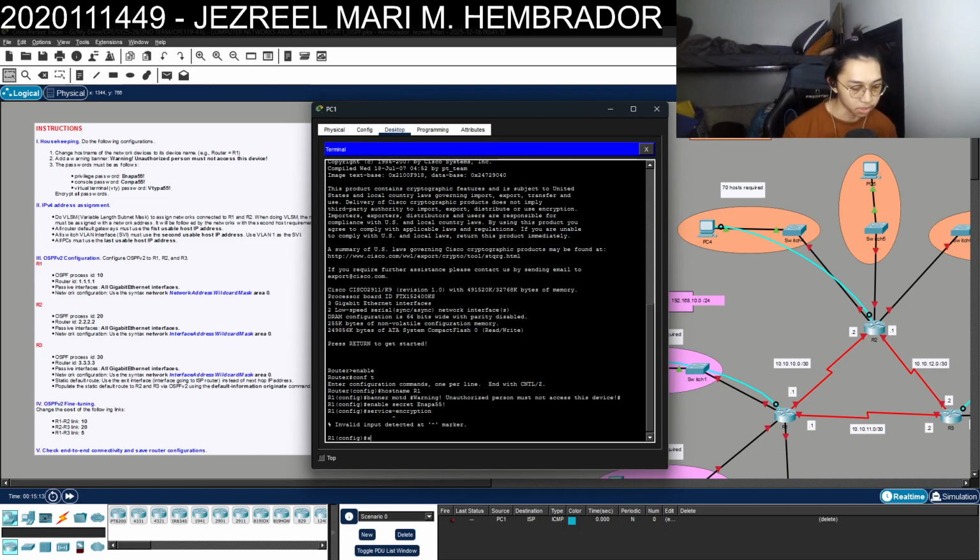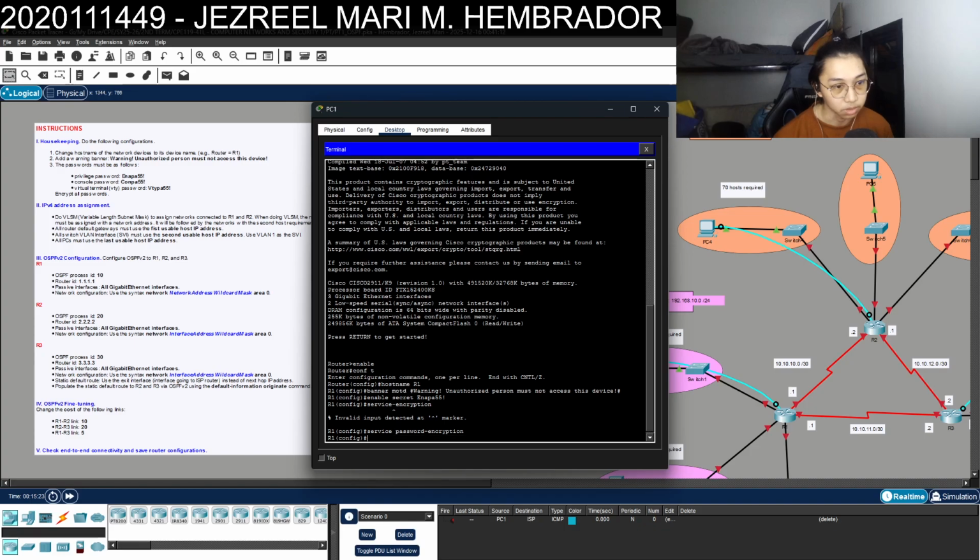Oh, it's service, my bad. Service password-encryption. There you go. And then line console 0